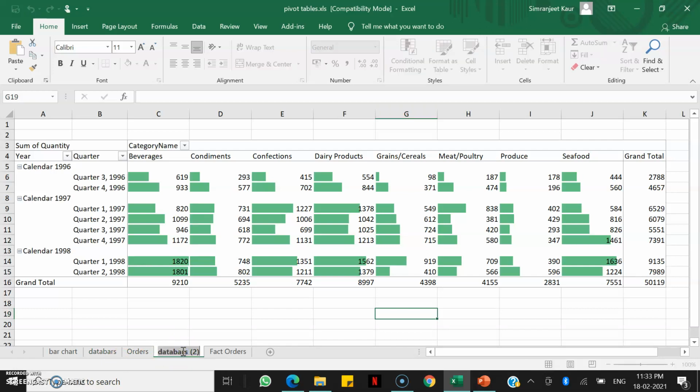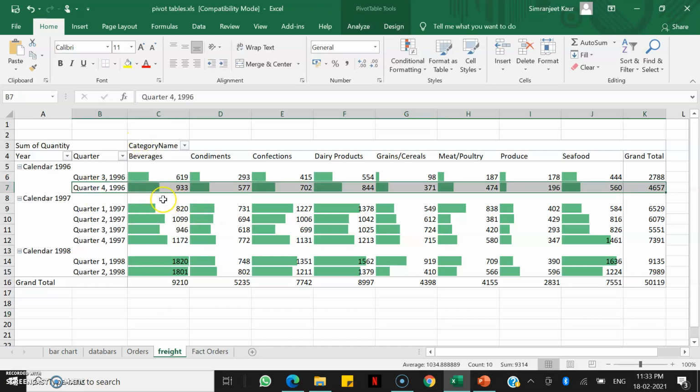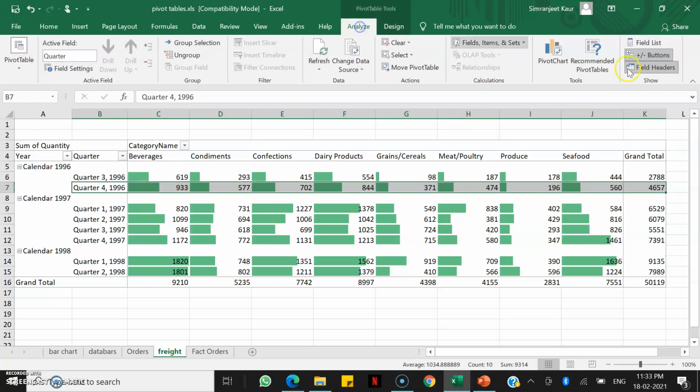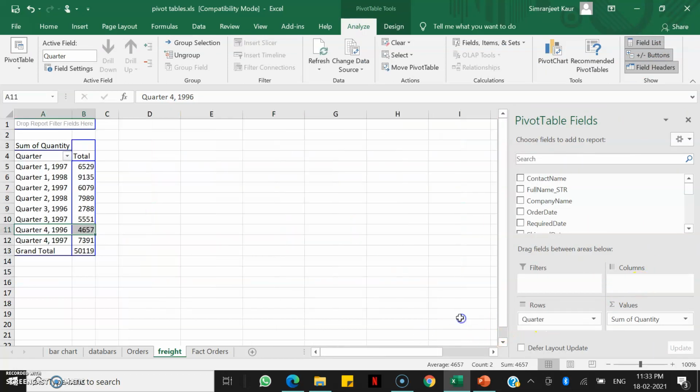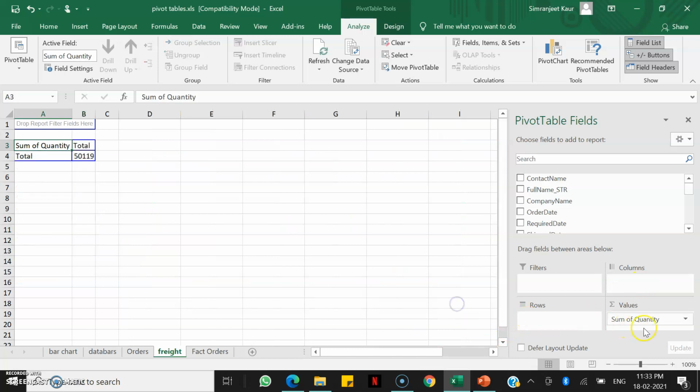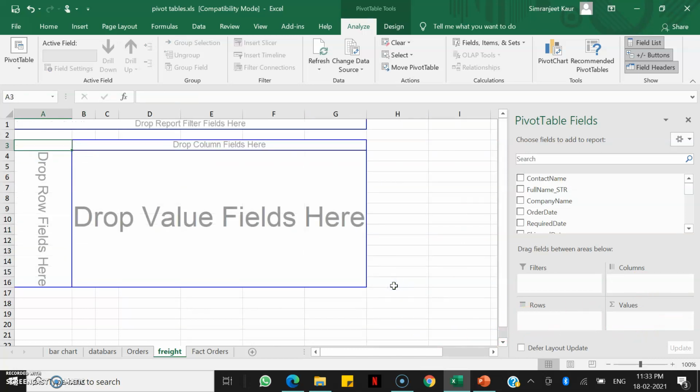So let's rename this as freight, right, and when I go back, let me go to my field list and let me delete everything so that we get a clean slate, right.